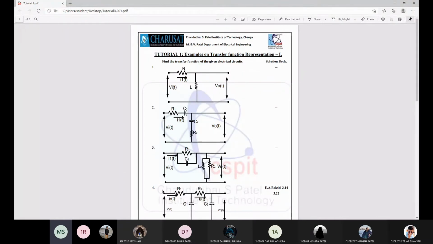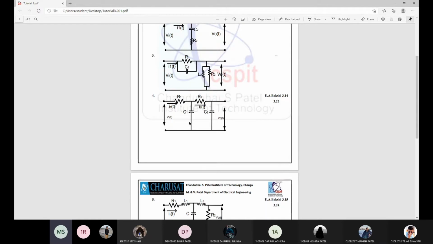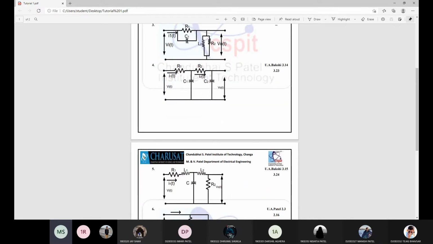So, in the previous lab, we talked about tutorial number 1, and we have solved a few of them. First we solved two. We have done this in the lab session as well as in the lecture session. In a similar way we have done this, this, that is 3, that is 4. In the fourth and fifth examples, there are two loops.